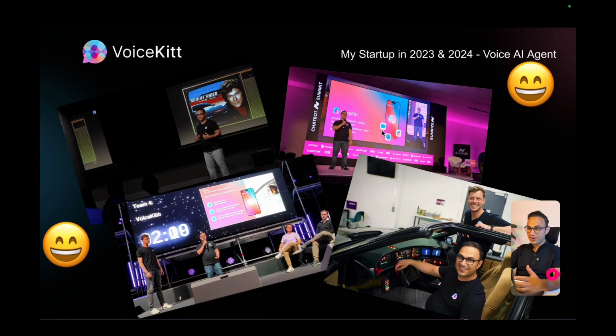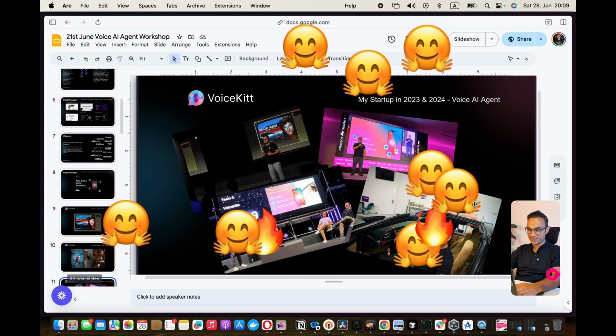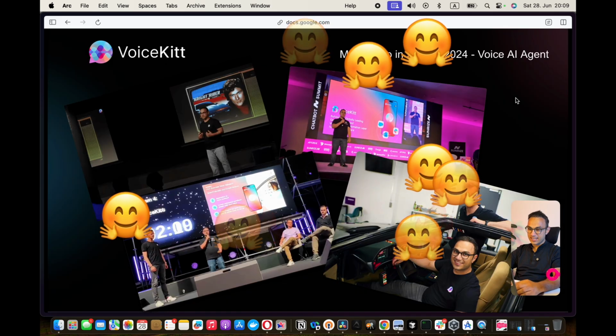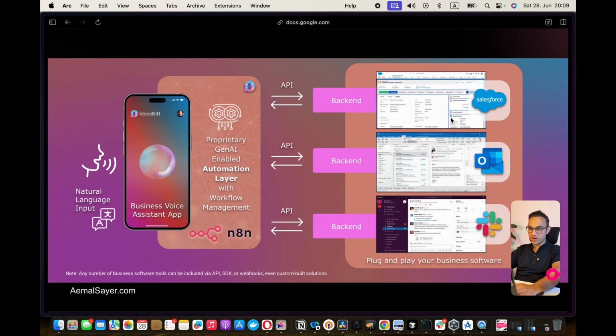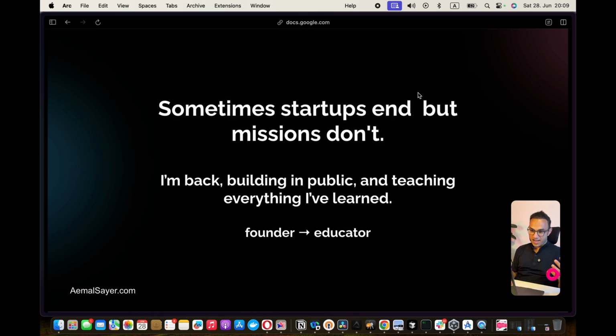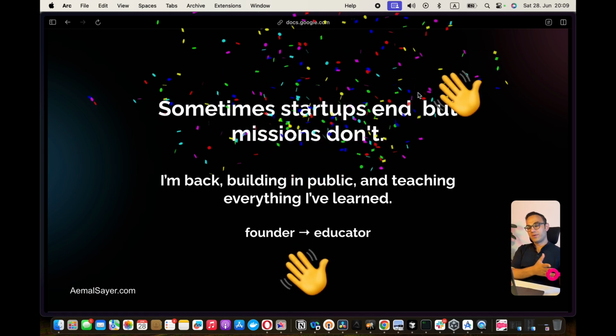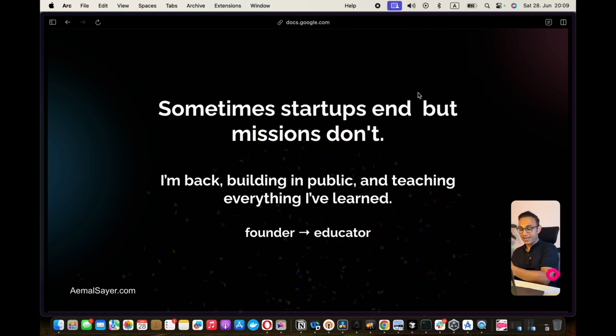And yet there was no AI agent concept, and we were building it. My co-founder Alex and I were building it, going everywhere. And unfortunately, this startup didn't go anywhere. But then I stumbled upon this beautiful piece of software called n8n, and I started building workflows and tweaking things around. And that kind of brought me here. It's okay, I kind of liquidated the company. But I'm now becoming a founder who is becoming an educator and doing these workshops for free. Hopefully, I'll keep it free for as long as I can.